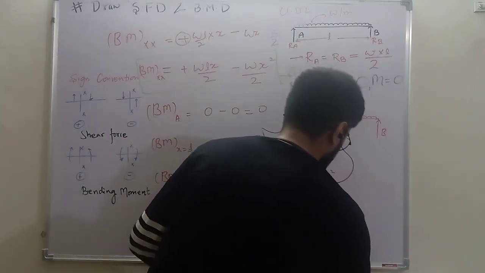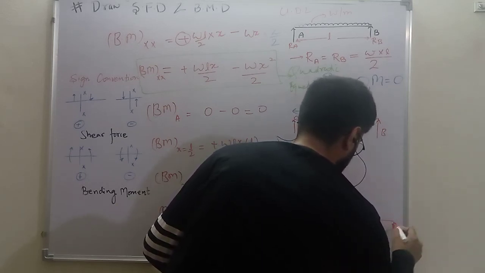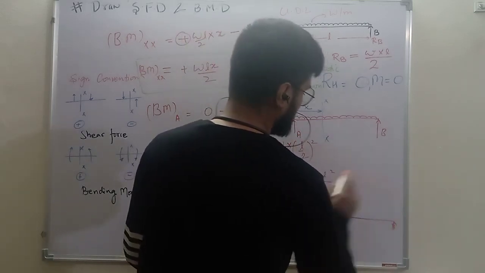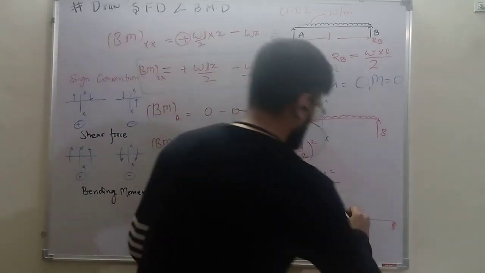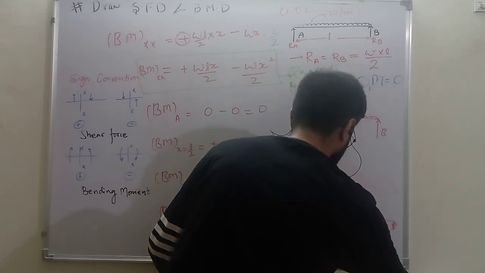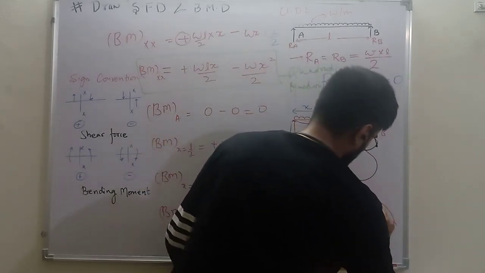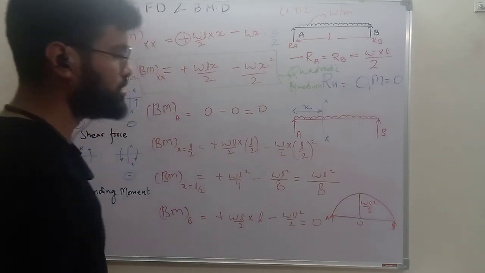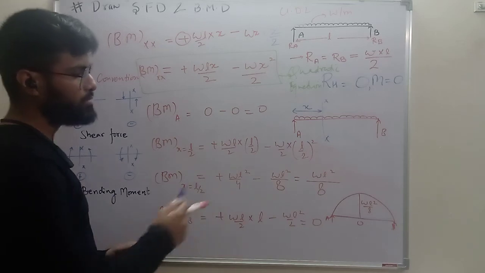Consider that this is a beam. This is A, this is B, supported at A and supported at B. At A, the bending moment is 0, which means its y coordinate will be 0. The bending moment at B is also 0. From this equation, we know that this is a quadratic equation, and at the center it will have a maximum value and it will be parabolic like this. So the maximum value is at the center, WL square by 8. This is the bending moment diagram for this simply supported UDL problem.